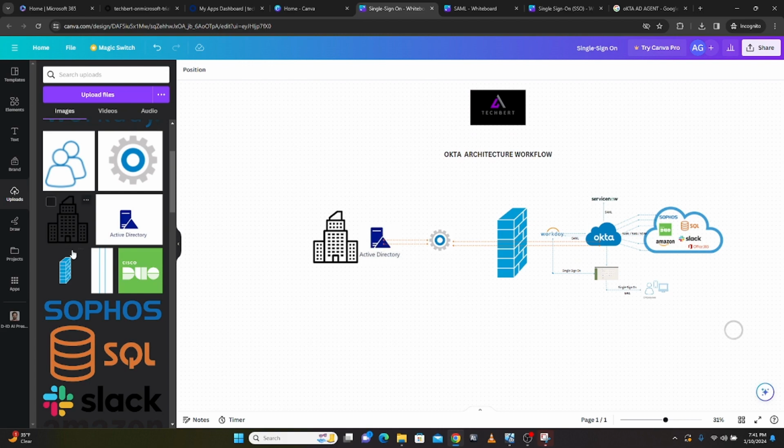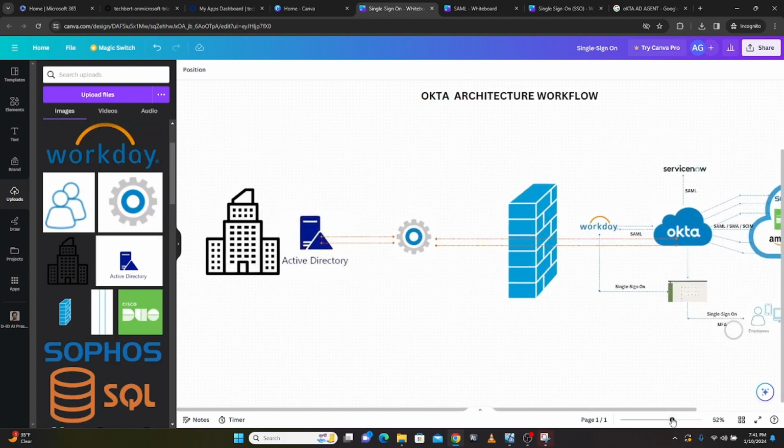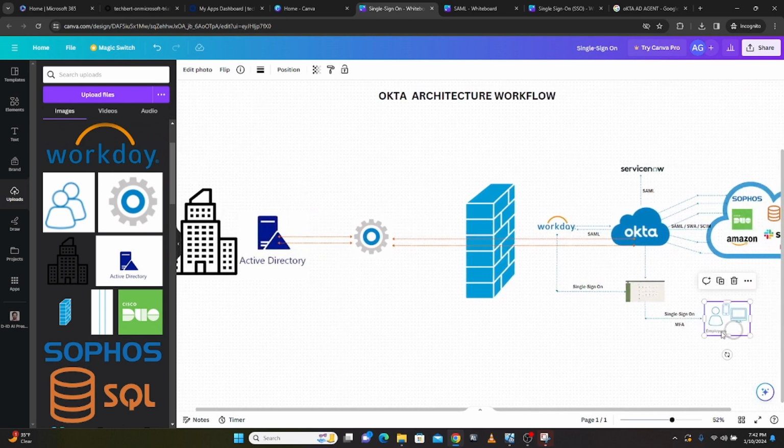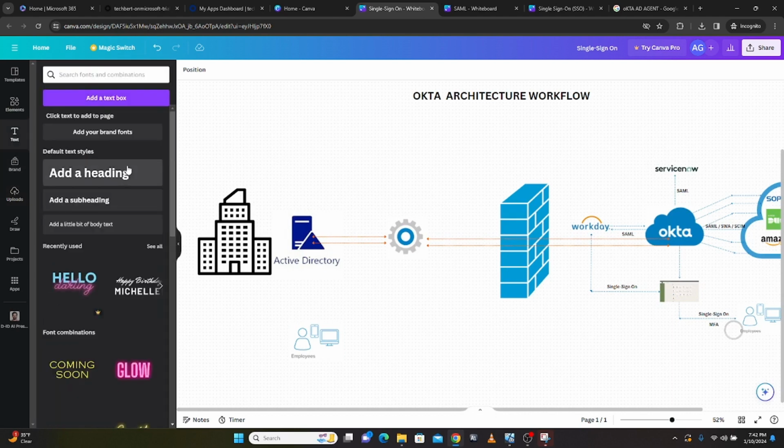So now we need to get users. So let me zoom it a little bit here. Copy this, and then bring this one here. This is going to be it. All right. So we have employees here who are local. So let me go ahead and then call these people. Oh, where is it? Oh, there you go. So we have this one here. I'm definitely going to use it. So this is going to be